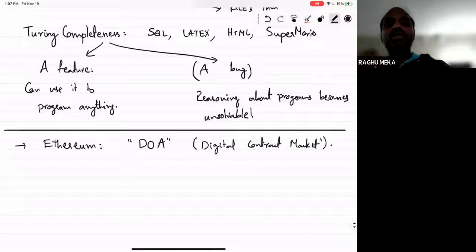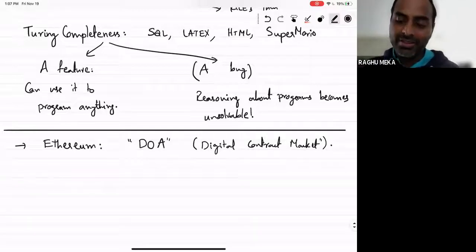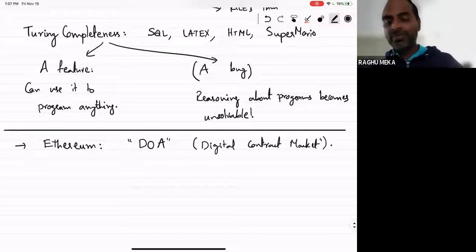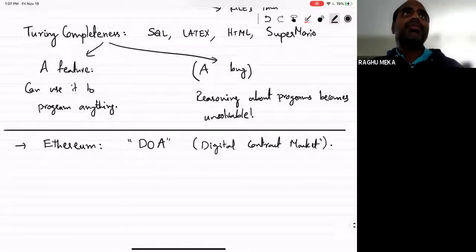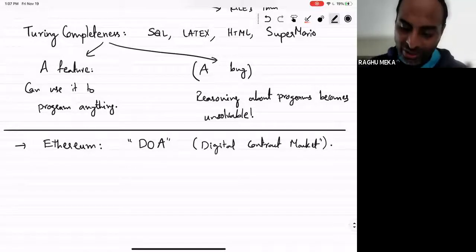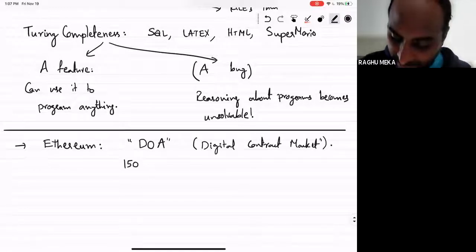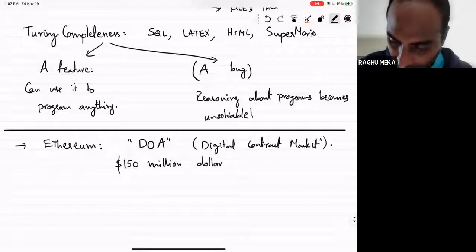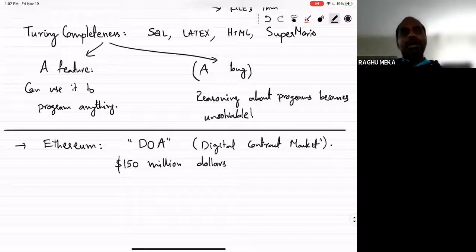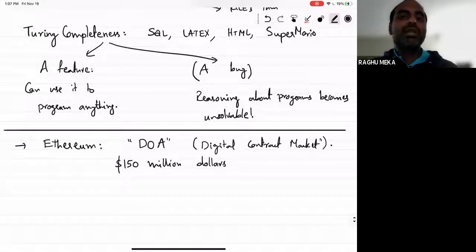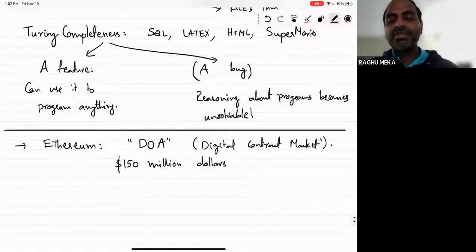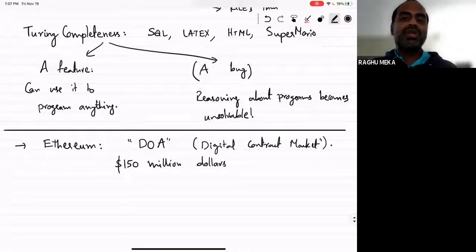Okay, so they wanted to build this whole new market based on cryptocurrencies and based on blockchain technology to be able to do contracts online in a decentralized way. And at the height, this whole thing was running on Ethereum. You allocated Ethereum coins for it, and it was worth $150 million. Okay, and as part of it, they actually introduced a new language to build these contracts, and they said, it's kind of sound, we cannot do weird things in it, but some